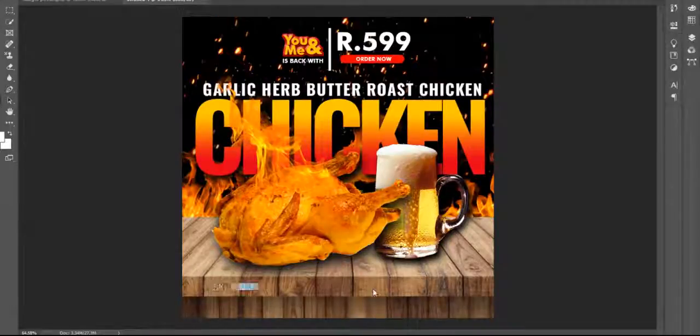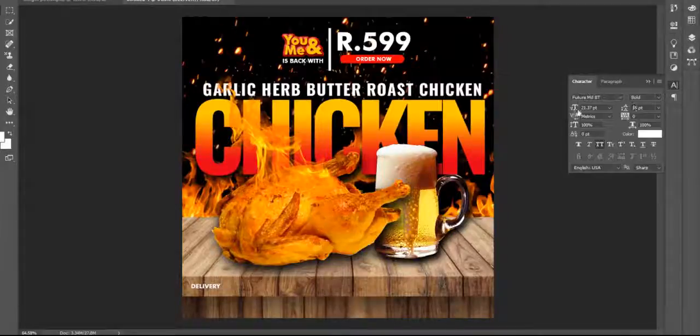So I go to the type tool. Right. Just increase the size using the character palette, like "delivery."